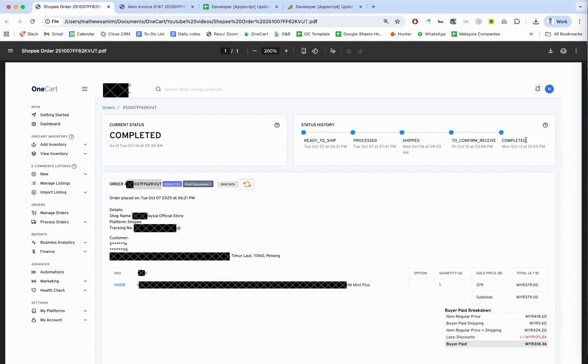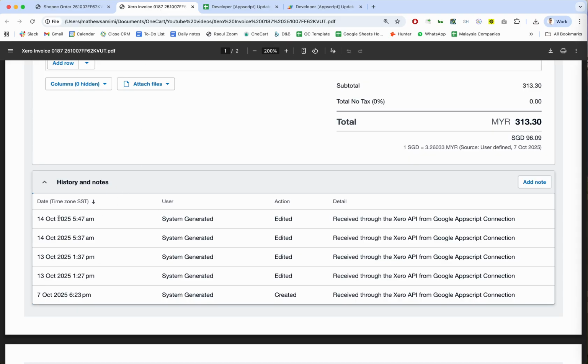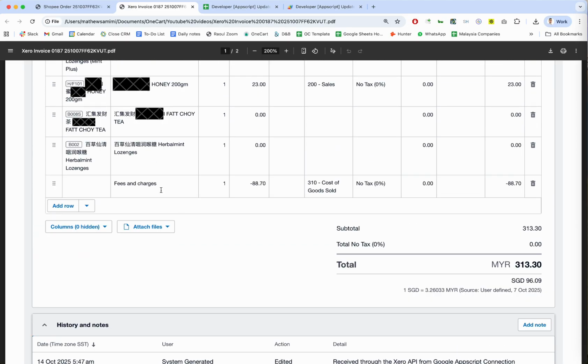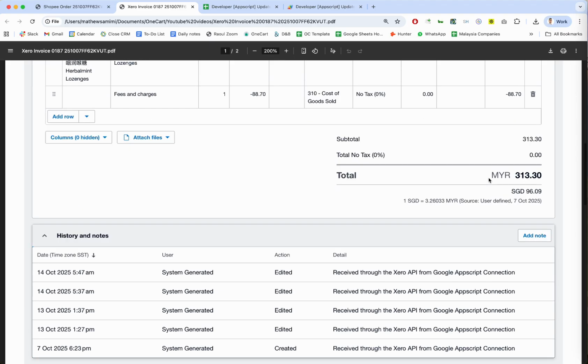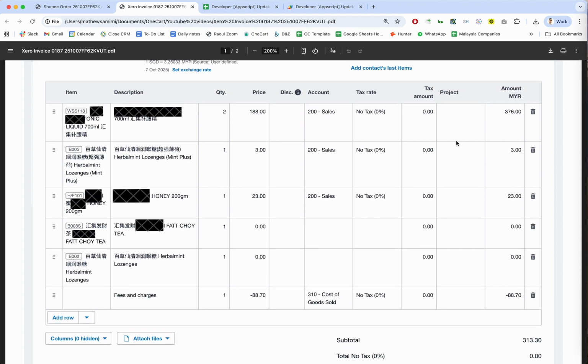Now the status was updated to completed, but the marketplace fees were not yet made available. Those marketplace fees were made available on October 14, the next day, around 5:40 a.m. And at 5:40 a.m., our integration automatically added this fees and charges line for 88.7. So this is real time, and it takes into account the latent marketplace commissions. So for you as the seller, once you've implemented our integration, and we're making the script available to all OneCart users in this little video,